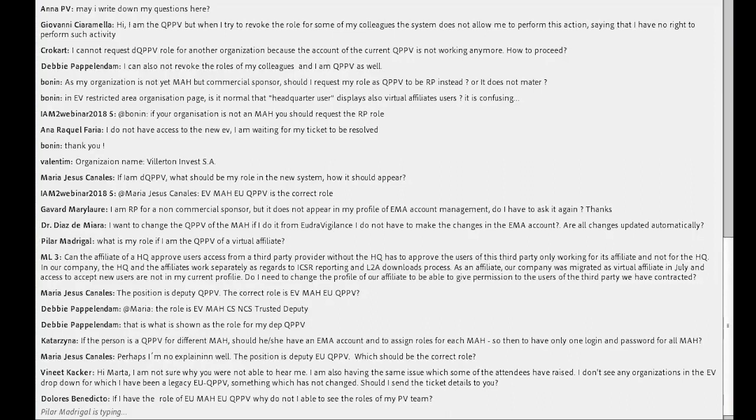Let me clarify about the creation of affiliates, because I think that also for us at the registration team, this is a big change. When a profile wants to be created, you search for it in OMS. If it's not found, you create it in OMS. Then when the OMS stewards approve it,